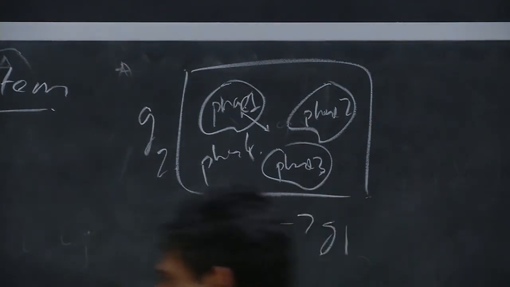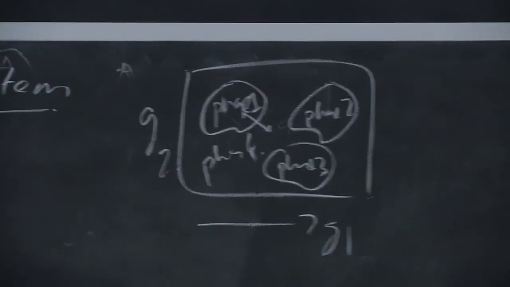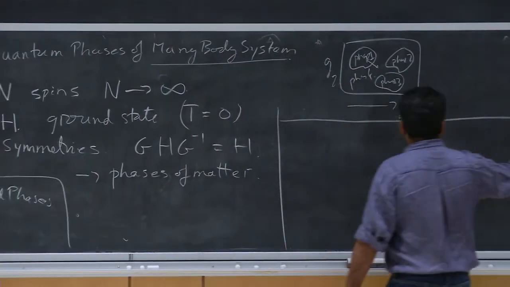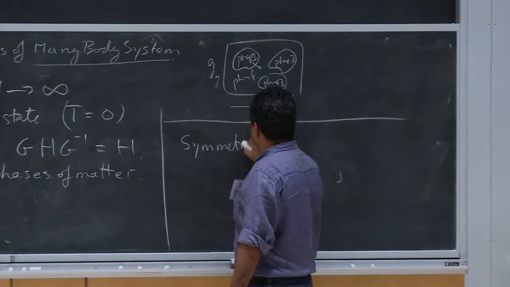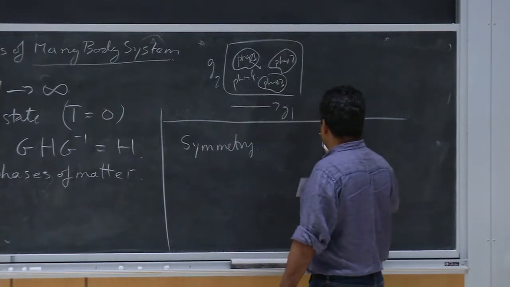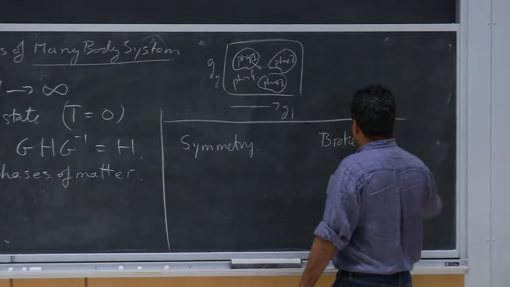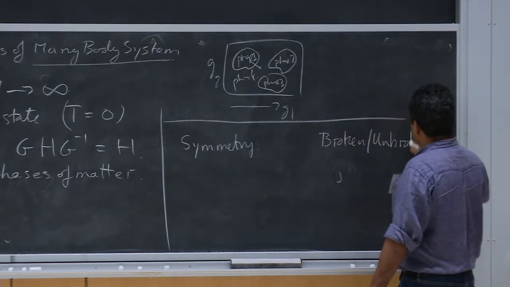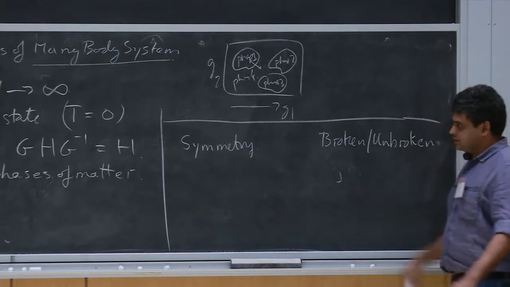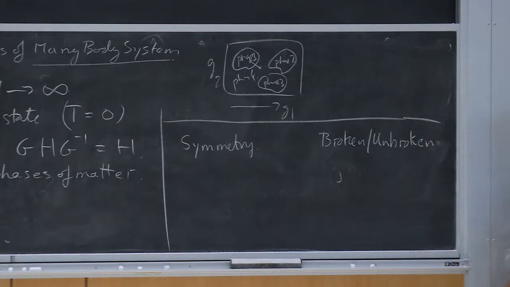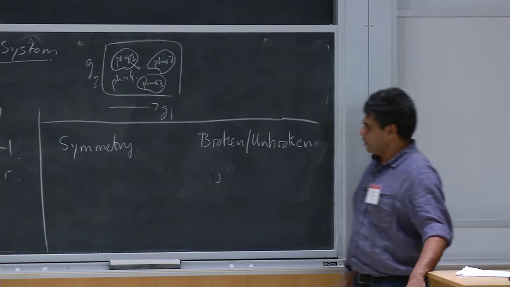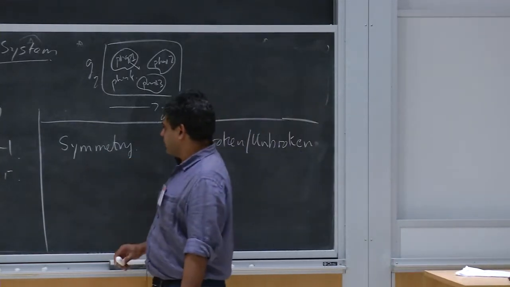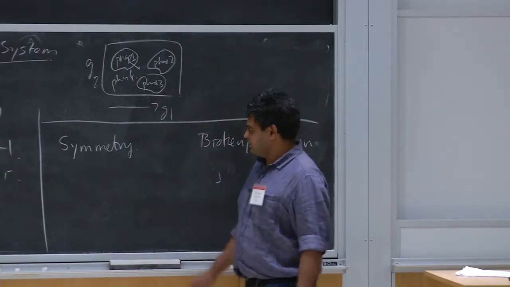The simplest is on the basis of symmetry. So here the symmetry can be either broken or unbroken. A magnet, for example, breaks time reversal symmetry and breaks the orientation symmetry of the spins. In the high temperature phase, or in the paramagnetic phase, symmetry is restored. So that's the usual sort of paradigm, the Landau paradigm for getting different phases of matter.